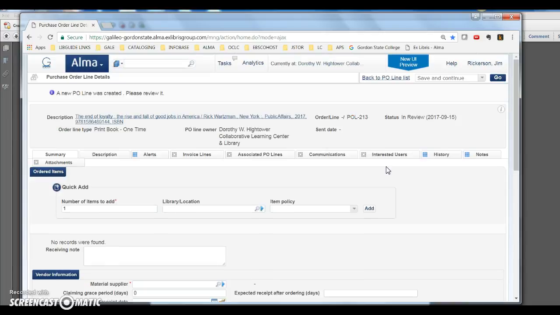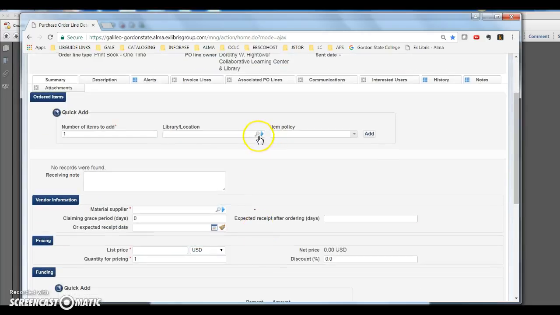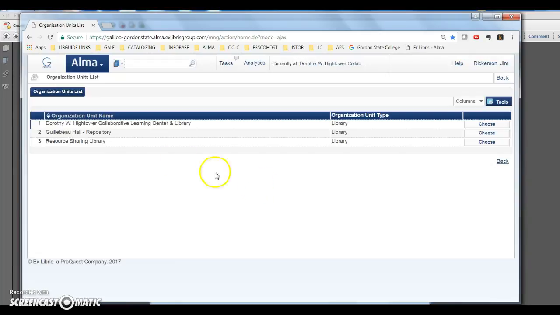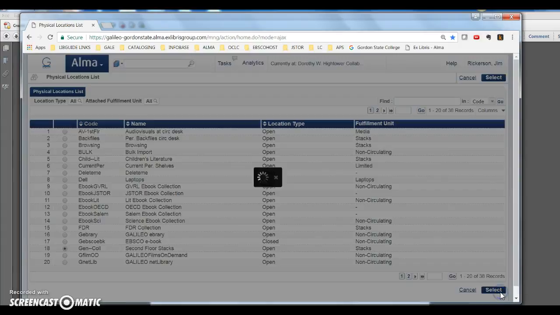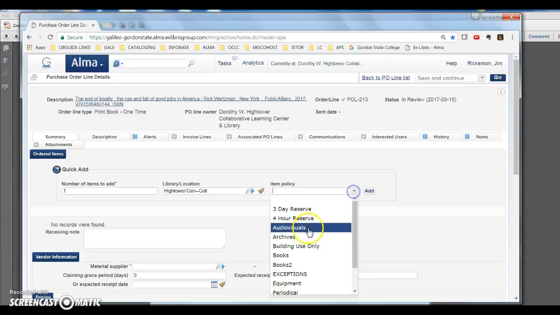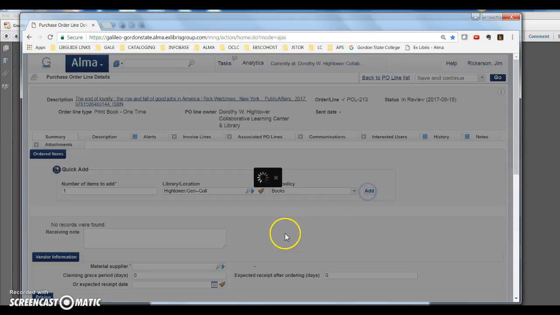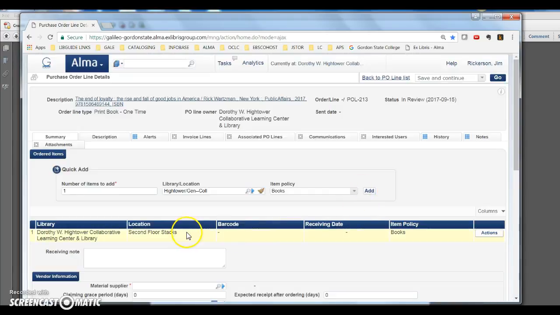And what we're doing is manually creating a purchase order line. So the first message you see here is a new PO line was created. Please review it, so you'll have to edit this page, and we'll want to select the library it's going into. So we're choosing Hightower, and then we choose the permanent location, which is the general collection, second floor stacks. The item policy is books. You have to click Add and